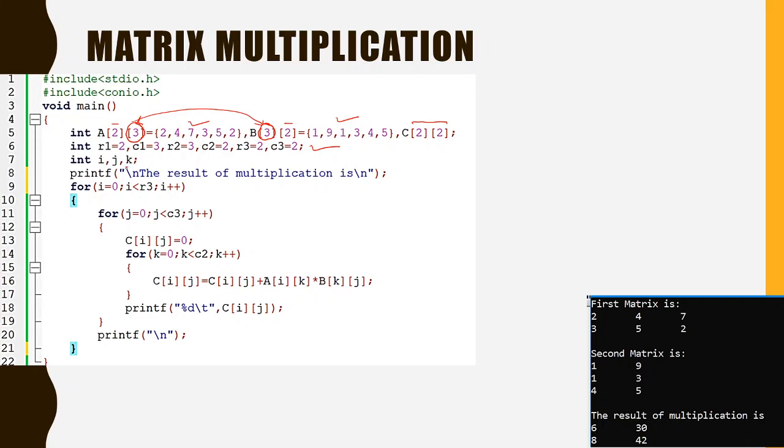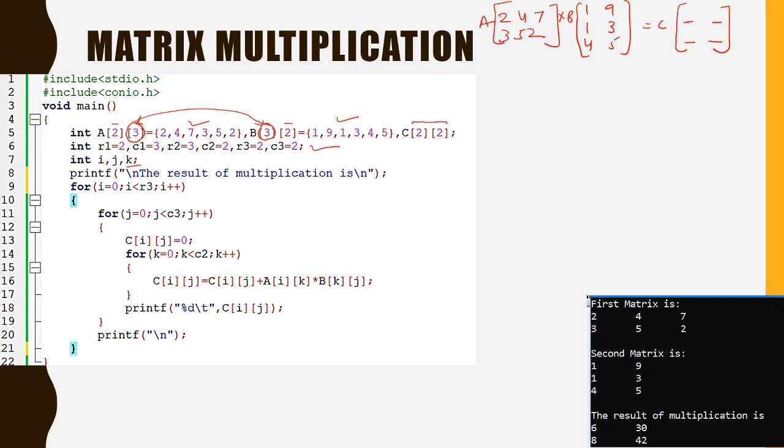Now you can see I have also used one more element. Do you remember how to do the matrix multiplication? Let us take the matrix first: 2, 4, 7, and 3, 5, 2. And this is 1, 1, 4 and this is 9, 3, 5. This is matrix A and matrix B, and we want to cross them and get C. C would be 2 cross 2. These four elements we have to fill.